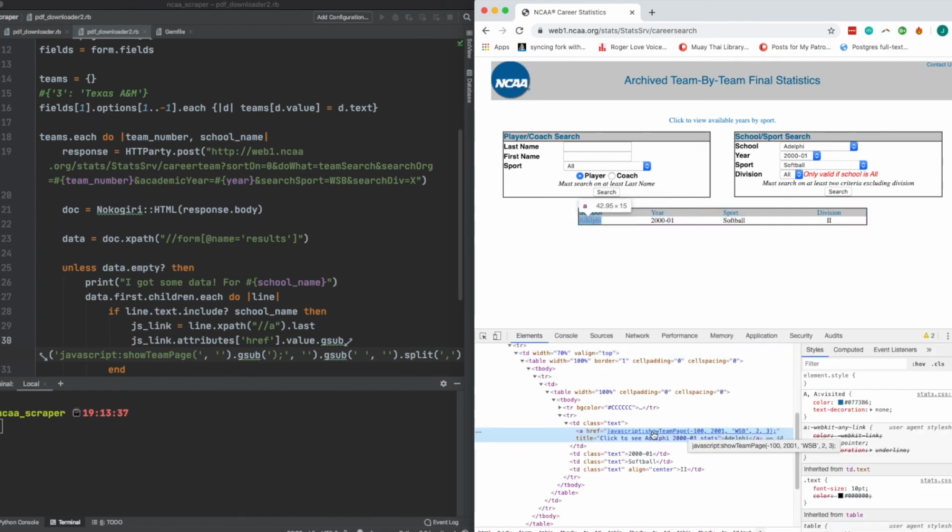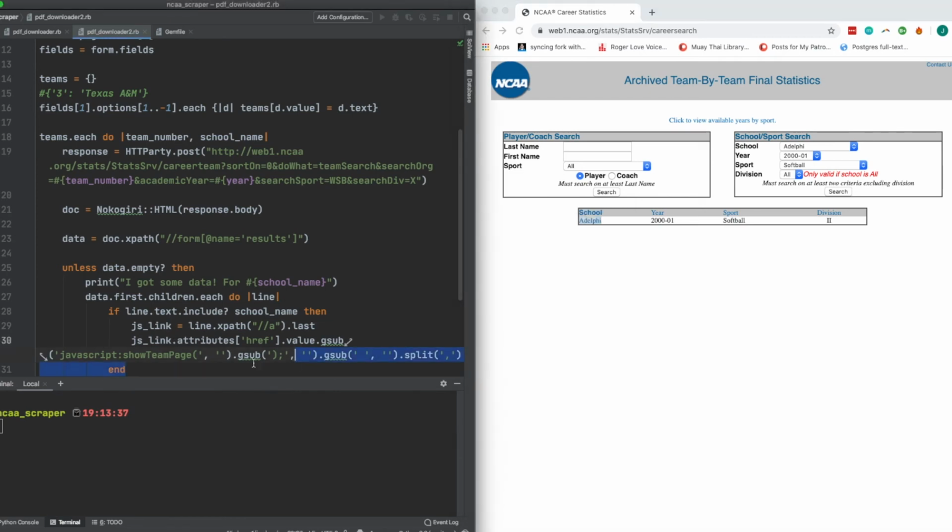So if I open the DevTools, I can show you directly. You can see that there's this JavaScript right here. And I know from looking at this for a while that the last two numbers are the ones of interest. That the second to last number is the division, and the very last number is the team. So what I'm doing on the left with this gsub is basically removing all this outer cruft so I can access these last two numbers. Okay, so coming back to the left,